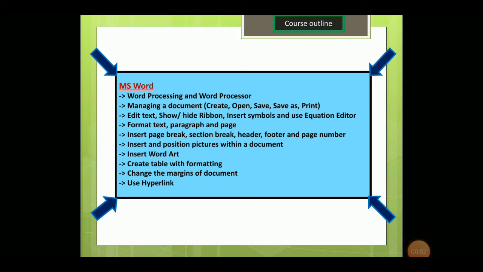First, let's look at the course outline regarding MS Word. We'll be discussing the basic definitions of MS Word. We'll see what is Office Automation, what is OAS, Office Automation System. Then we will see the components of MS Word like word processing and word processor, their differences. We will be studying about how to do the basic functions regarding opening and closing of MS Word file, and then we will move a bit further and see how the different functions placed on the ribbon of MS